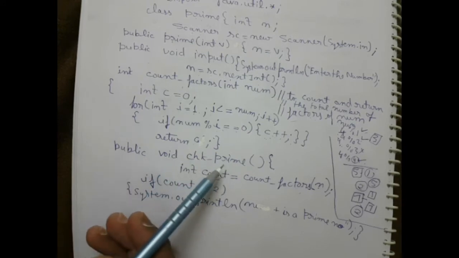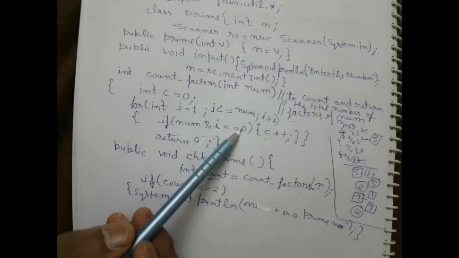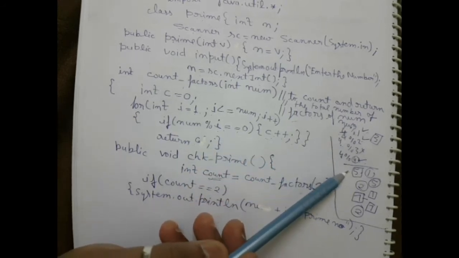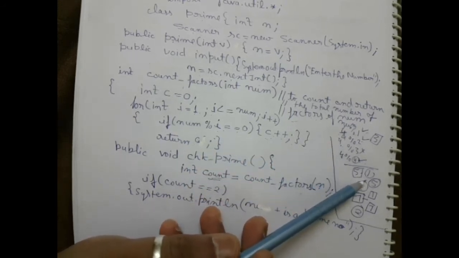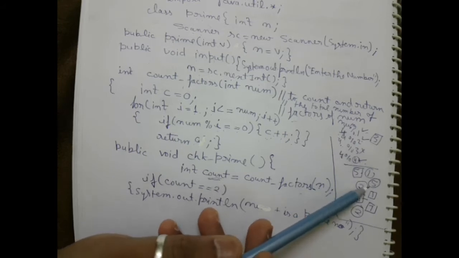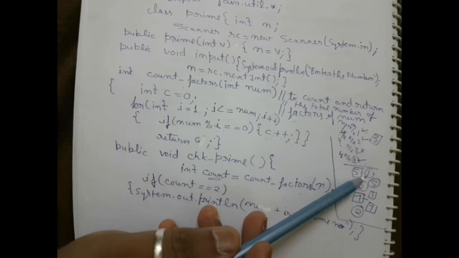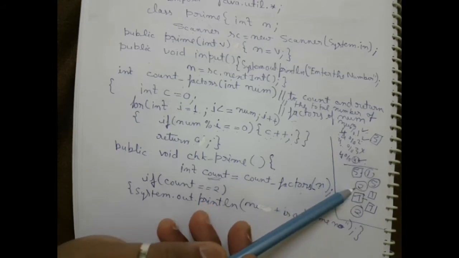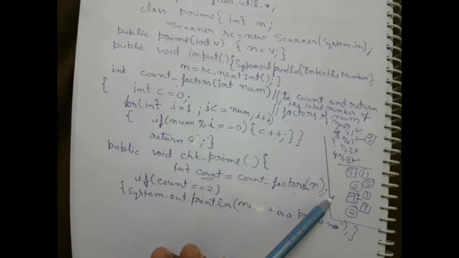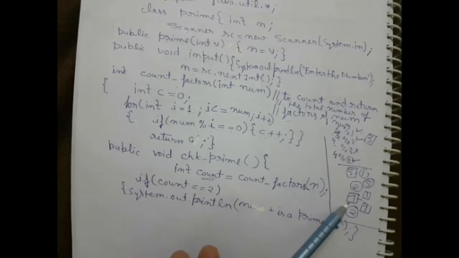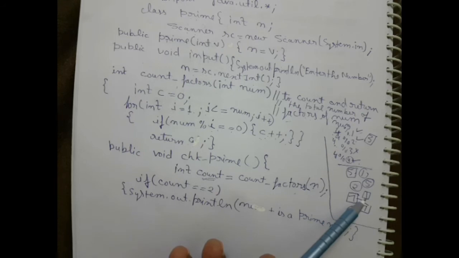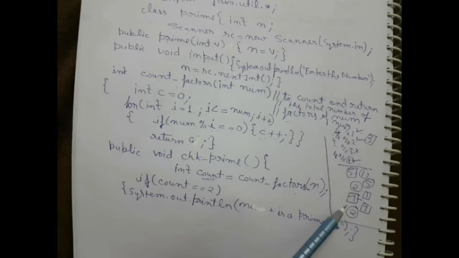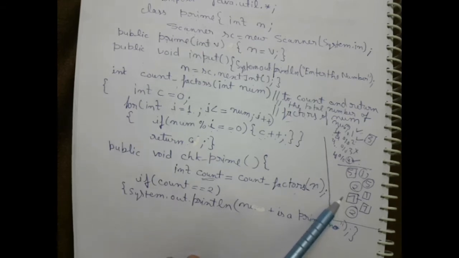Now students, when we talk about a prime number, suppose we talk about 5. It is divisible by 1 and 5, not by 2, not by 3, not by 4. So how many factors are there of 5? 2. Similarly, 7 is divisible by 1 and by itself. So how many factors? 2. So we get the concept that the total factors of a prime number are 2.